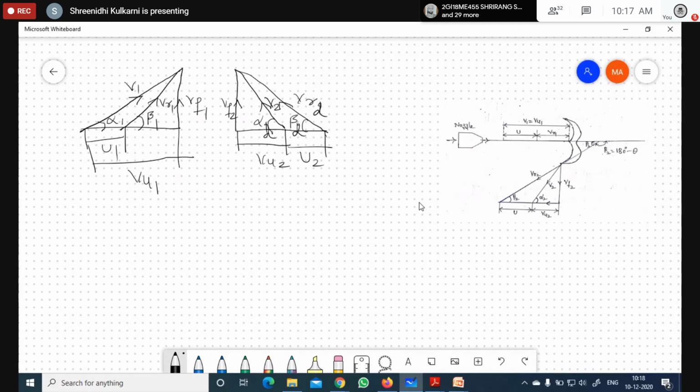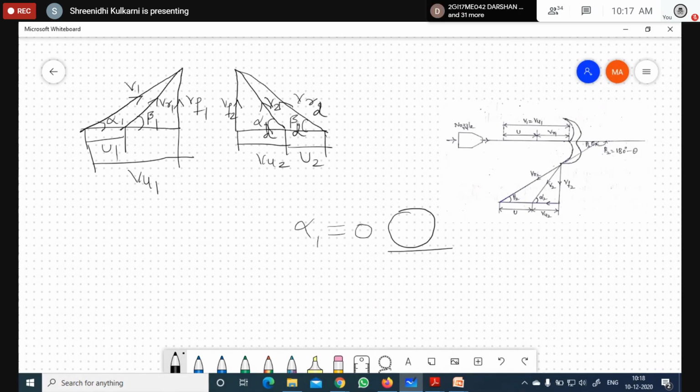The characteristics of a Pelton wheel: it is an impulse turbine. Next, which type of flow? It is a tangential flow type turbine. Tangent means if I draw one circle here, and one line touching it, this is tangent to the circle. Similarly here you can check. Here we have the nozzle with spear. The jet of water strikes the turbine blades at the center. So what is the nozzle angle? Here alpha 1 is 0.